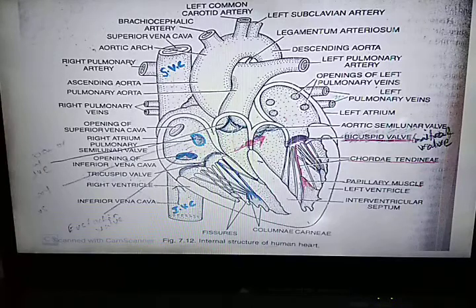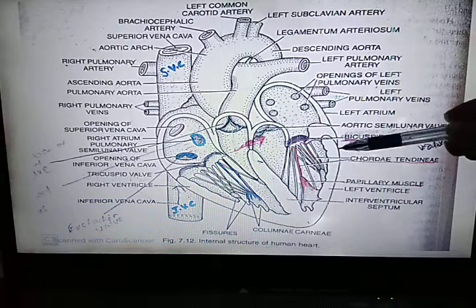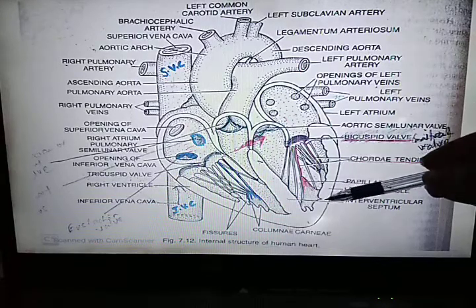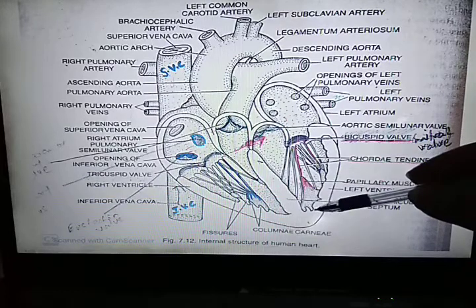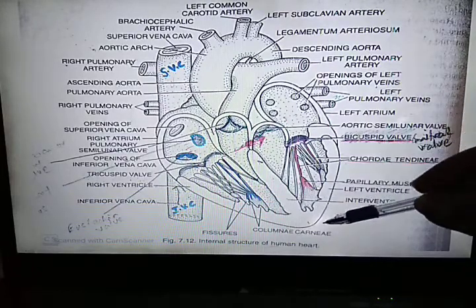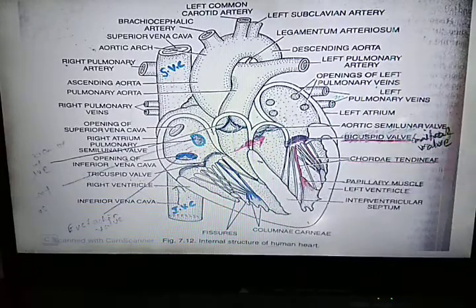Heart wall is not in your syllabus, but I am telling you, the heart wall or heart muscle consists of three layers: the outer epicardium, the middle myocardium, and the innermost, known as the endocardium. With this, today's topics are